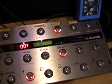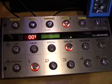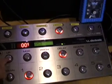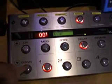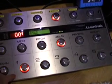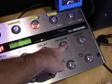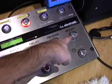And basically, this thing down here on the floor, this is the controller, and this controls everything that I've got in my rack. So you can see here I've got up and down for my banks over this side. Then I've got here 1, 2, 3, 4, 5, which are my different sounds that I can choose. Above that we've got modulation, pitch, delay, reverb, boost, which gives an overall volume boost, and at the top I've